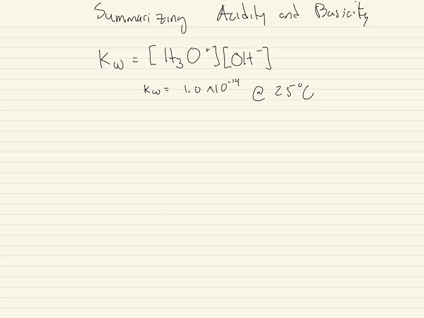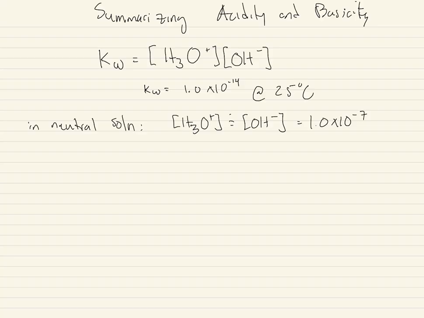We then, from this, determined that in a neutral solution, the concentration of H3O plus has to be 1.0 times 10 to the minus 7, right? And that gave us a middle ground for our pH scale, right? Because this exponent, so in a neutral solution, H3O plus is equal to the hydroxide concentration, and those are both equal to 1.0 times 10 to the minus